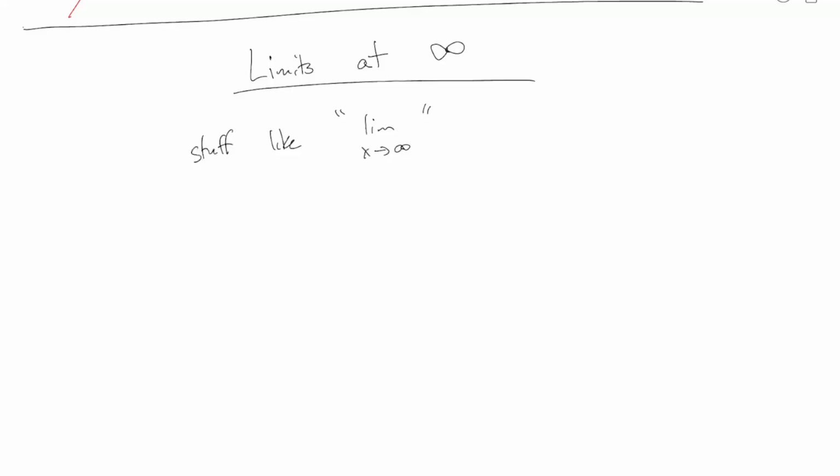So what this means, sorry, I'm going to put a f of x in there. Lim as x approaches infinity of f of x. What does that even mean? Since infinity is not a number, x cannot really approach infinity. It doesn't get really close to infinity because there's no such thing as close to infinity as far as numbers go. But what this does mean is